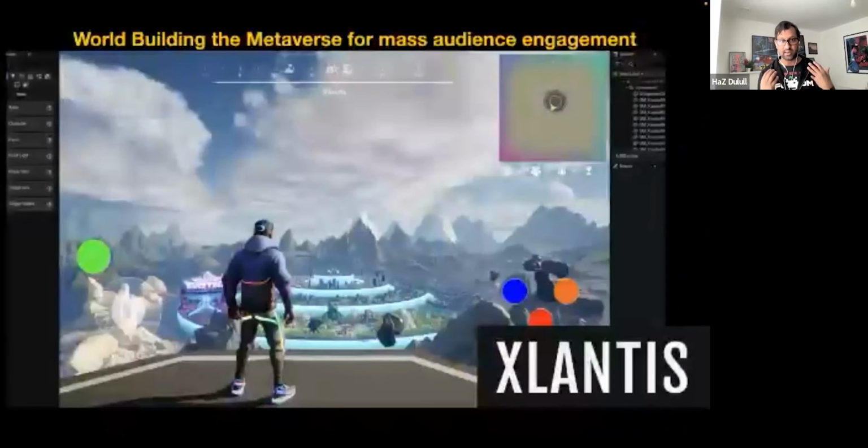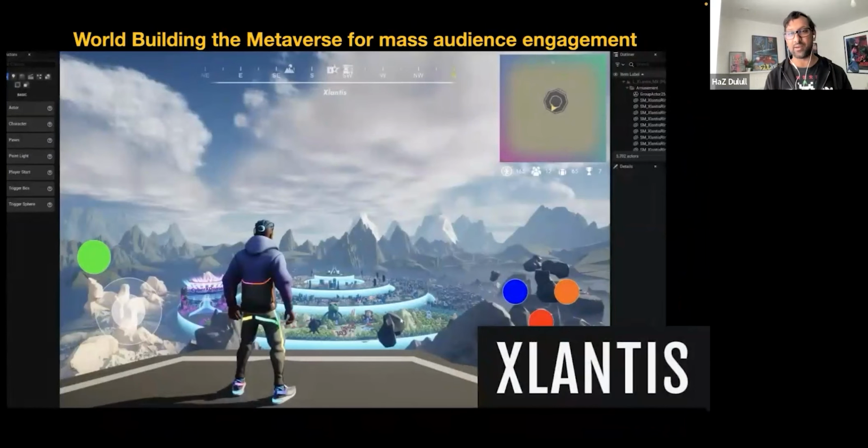So we spent a lot of time getting an art direction, and we really didn't want the metaverse project we were doing to look like all the other hundreds of metaverse projects out there, which is, let's face it, they all literally use the same cyberpunk neon pack. I know I'm going to hell for saying that, but they all look the same. It's all neon, purple, yellow, greens. We wanted to do something a little bit more unique, and we looked at video games like Zelda, Breath of the Wild, and we just loved the art direction for that, and we were very much inspired. And of course, everyone on the team loved anime.